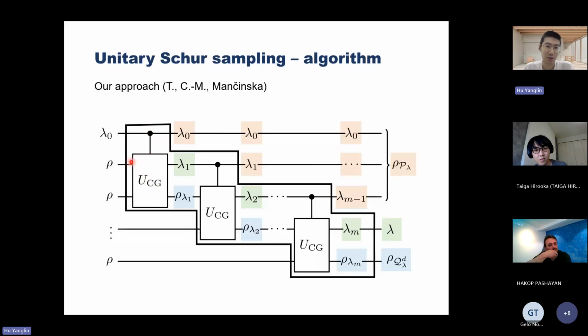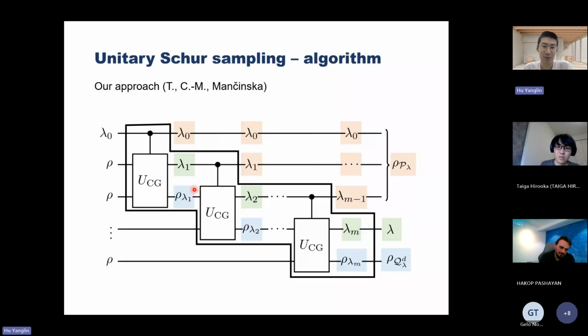The Clebsch-Gordan transform is this UCG, and we do it on these two, and we produce the Q lambda subspace corresponding to the state, and then we measure the quantum register that we will never use anymore, and we just repeat